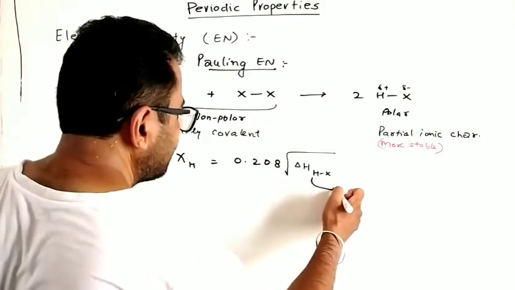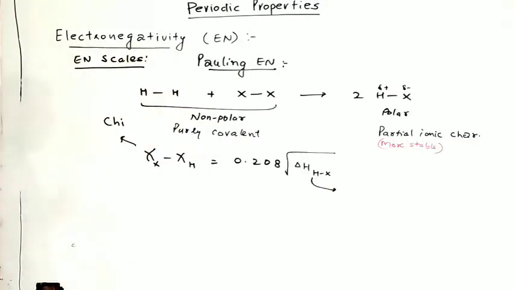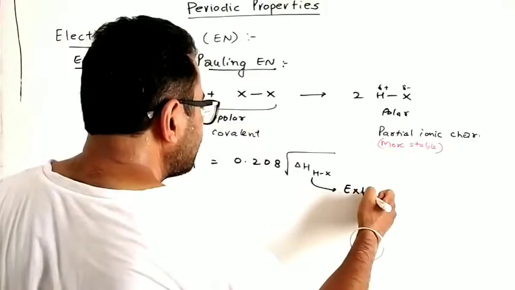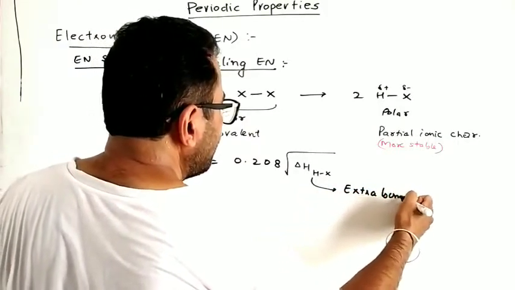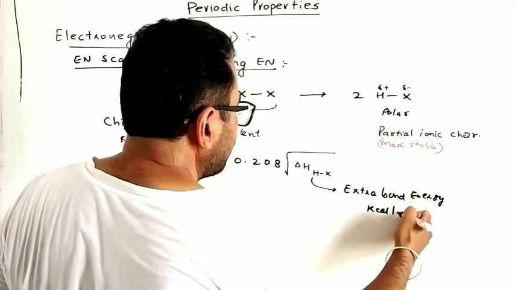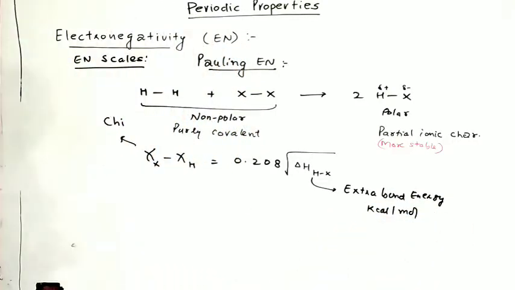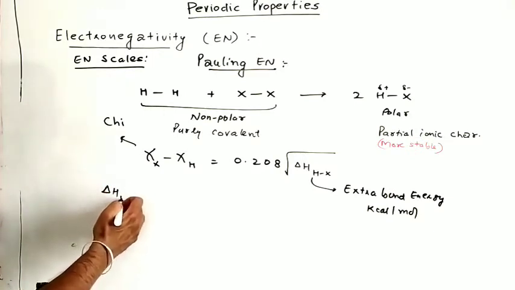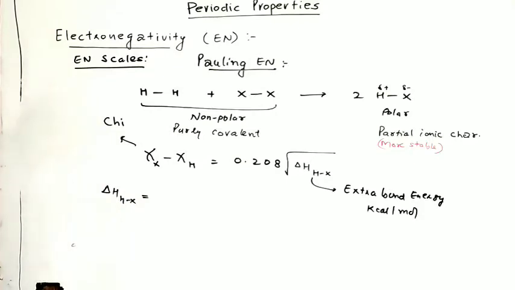This is the enthalpy change during this process, the extra bond energy, in kilocalorie per mole. So this is the formula. It can be written like this: delta HX is equal to